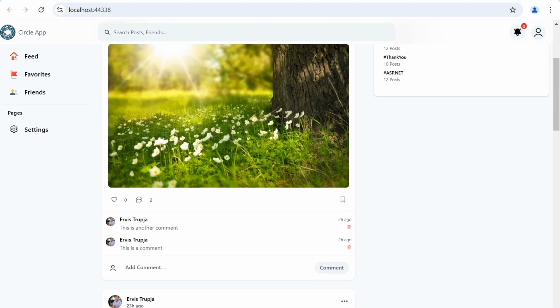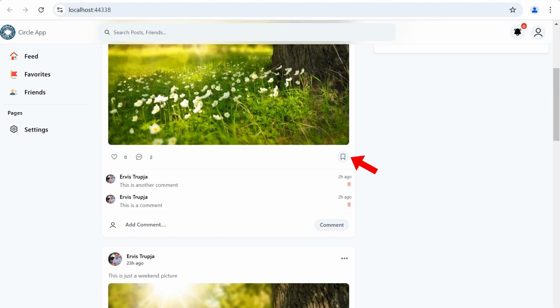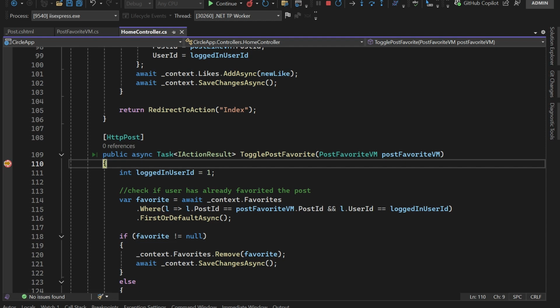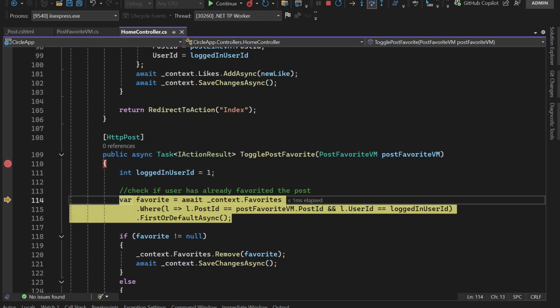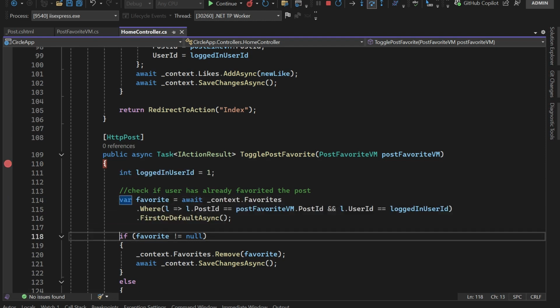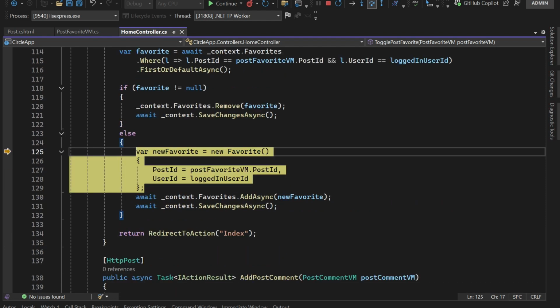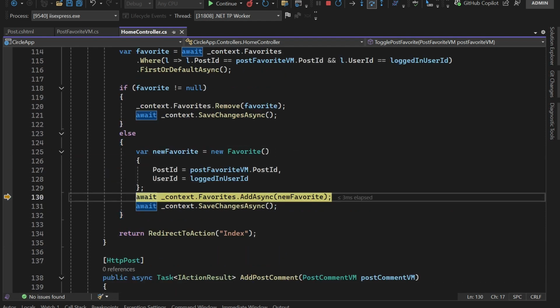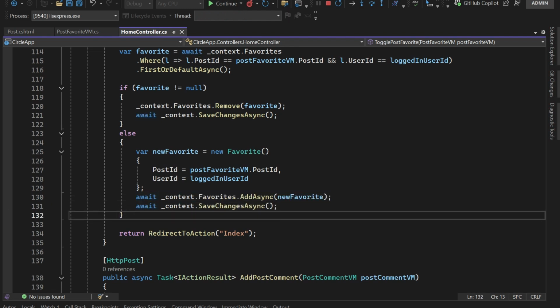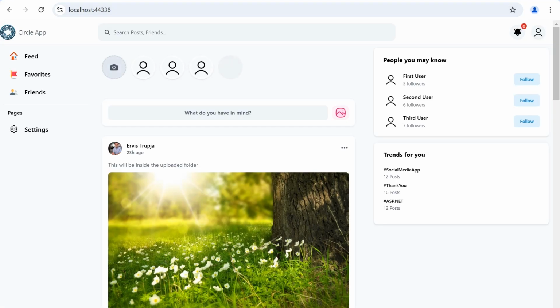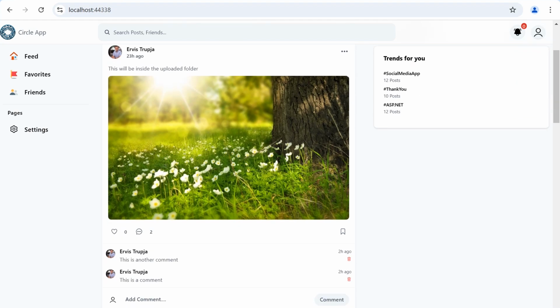And here, if I scroll down and then click this button, you'll see that I get a request, and in the PostFavoriteVM, I do have the PostId 6. Let us just check if this user has already favorited this post. He has not. So we just create a new object, add it to the context, and save it in the database. If I continue, this means that this post now was favorited,